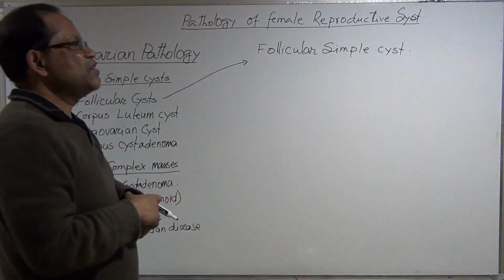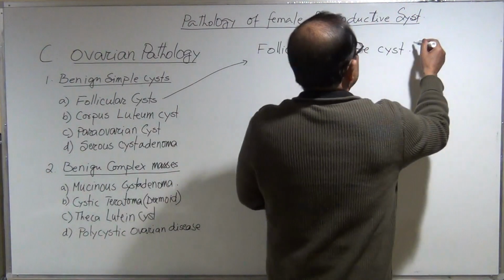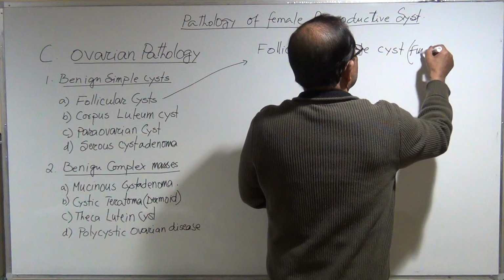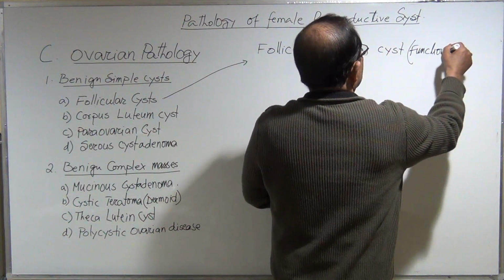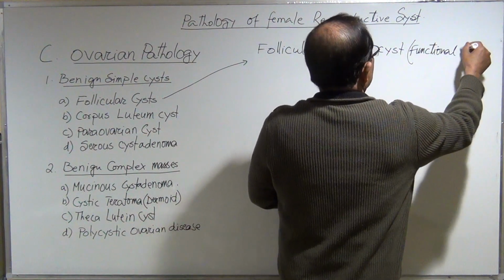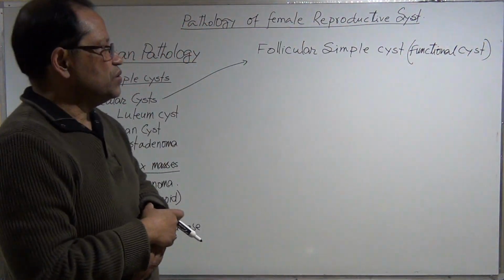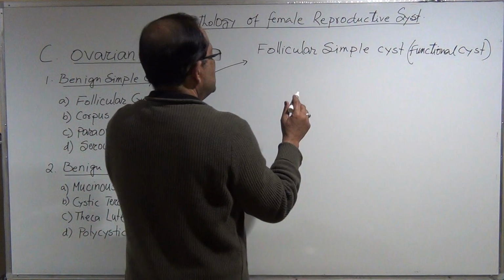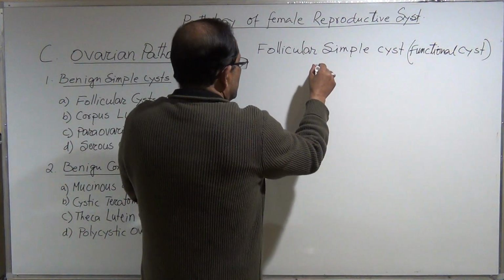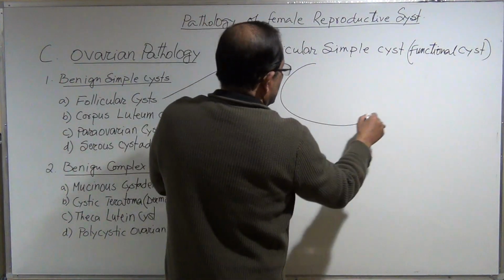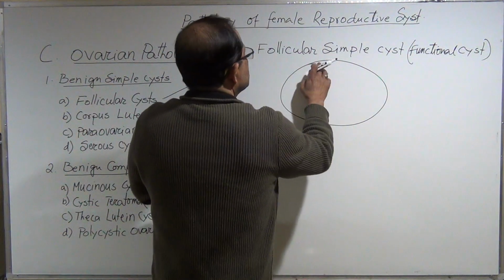We call it functional cyst. Functional cyst means the Graafian follicles. Okay, so if this is the ovary,